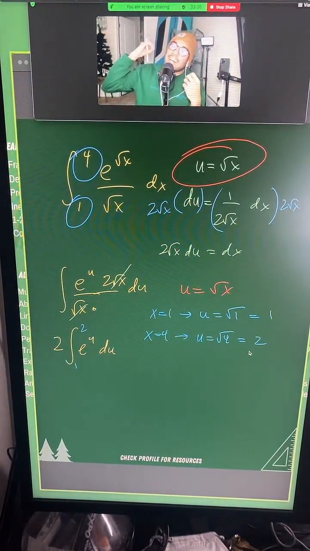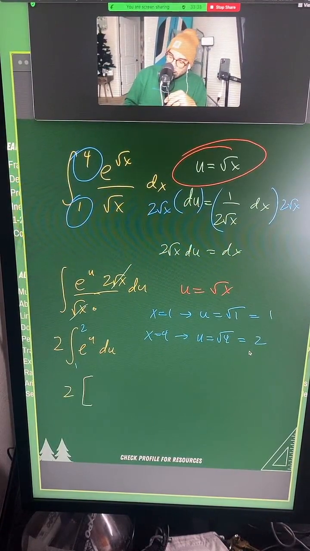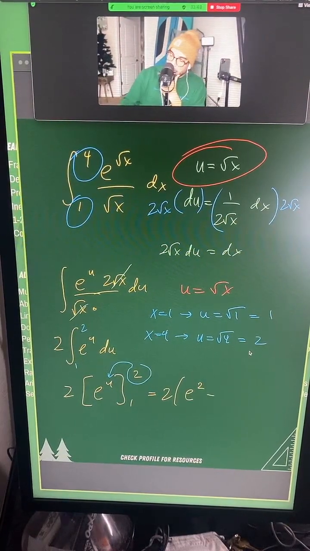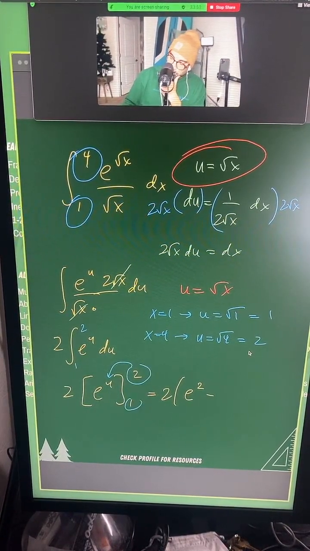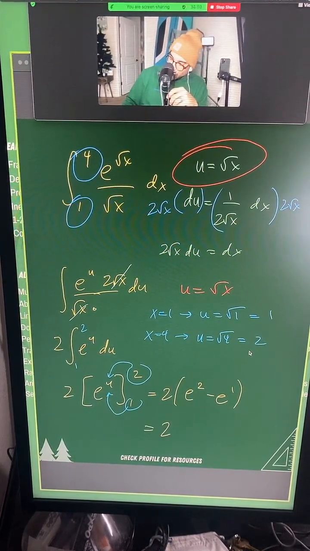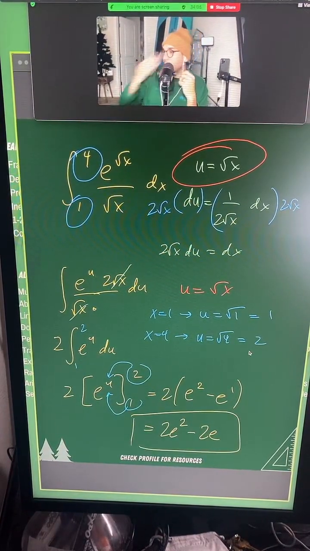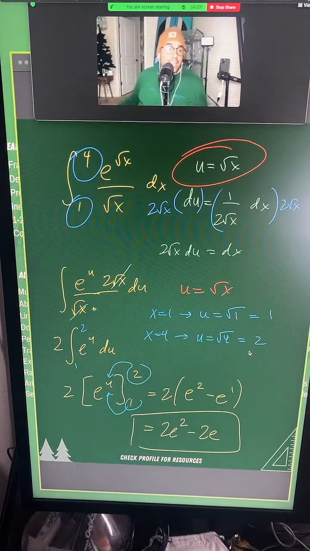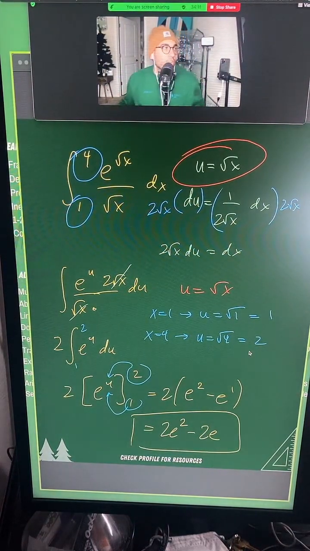And I'm applying the first fundamental theorem of calculus. So I have 2 on the outside, e to the u, and I still have my parameters 1 and 2. And now all we do is plug in the 2. So that's 2 e to the 2 minus, and then we plug in the 1. I like to show all the steps because someone might get confused, and we just got to be careful with that. All right. So 2e to the 2 minus 2e. That is our solution. No plus c here, Ethan, because we are not doing an indefinite integral. We did a definite integral.